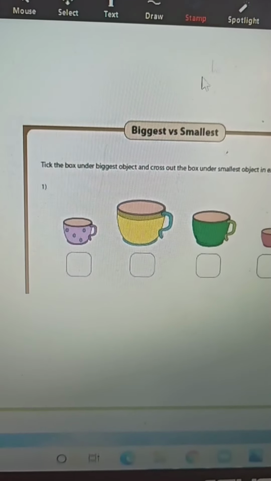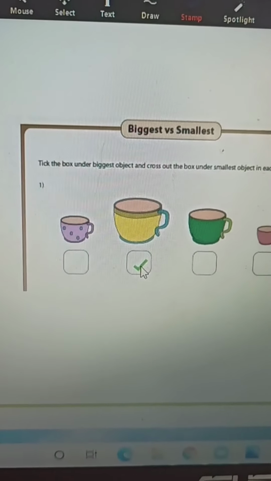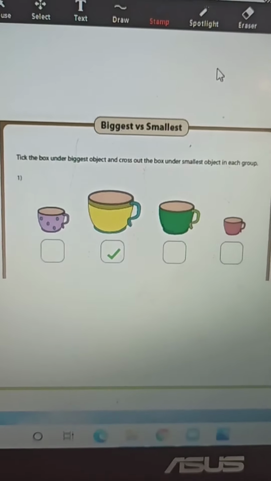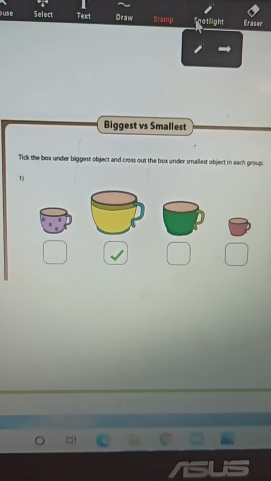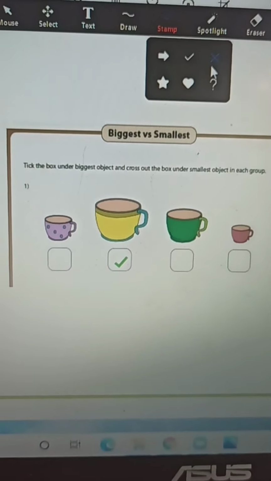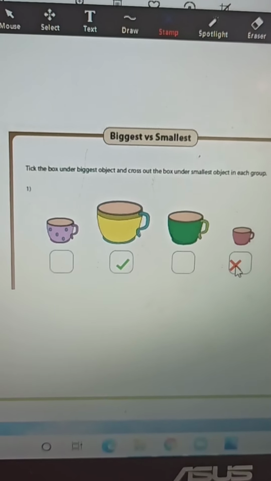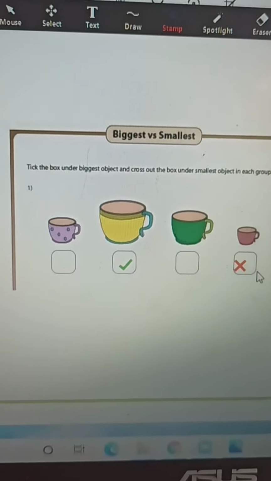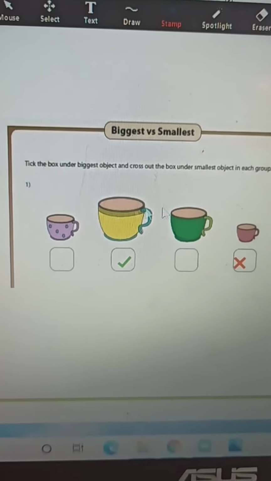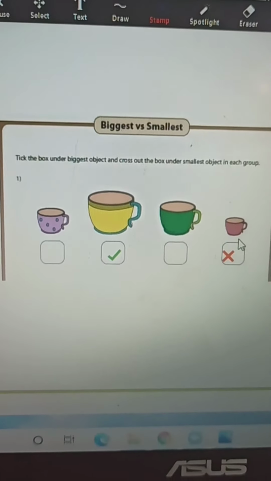Tick the biggest one. And here cross out the smallest one. Which one is the smallest? The last one is the smallest, right? So I cross out the smallest one.